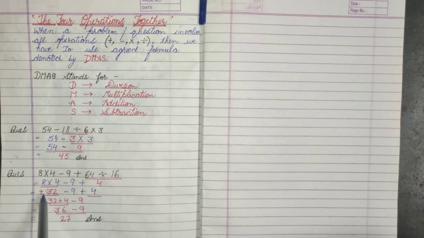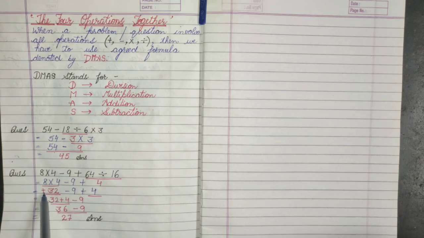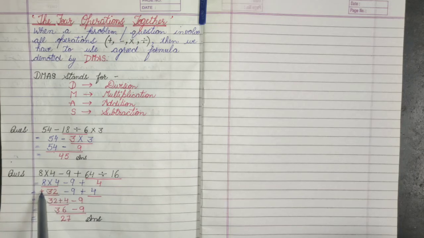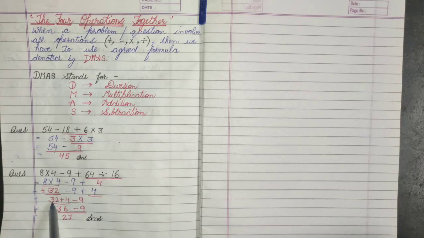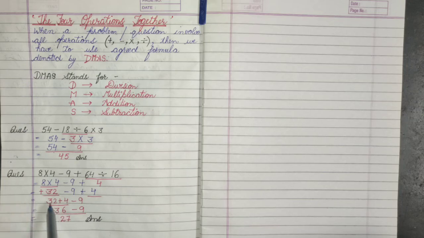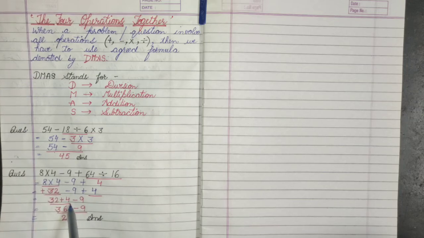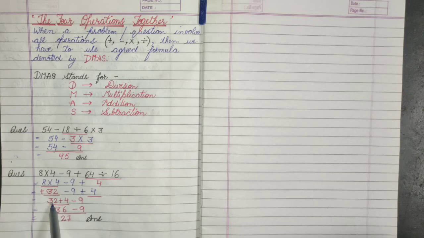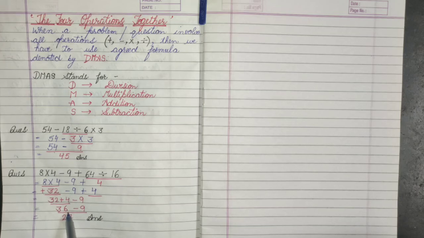In front of 32 plus sign is there. I have considered it because when no sign is there, we consider plus sign should be there. Yes, plus. So 32 was also plus and 4 also. To do plus, बच्चे, we have to underline them. I have underlined and I'll write the answer directly. 32 plus 4. Yes, it will be 36. And remember, rest digits we will copy. They should be same. Minus, minus.